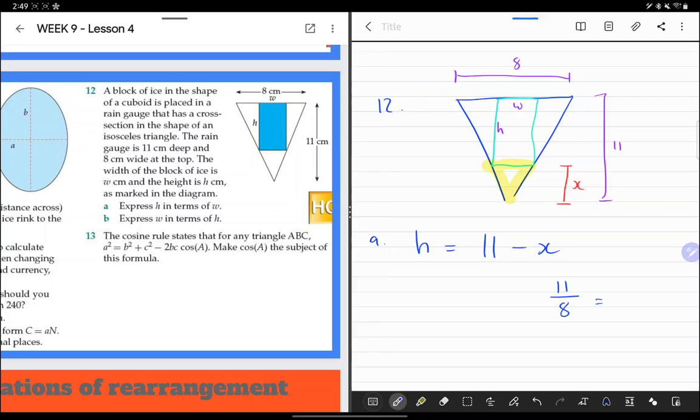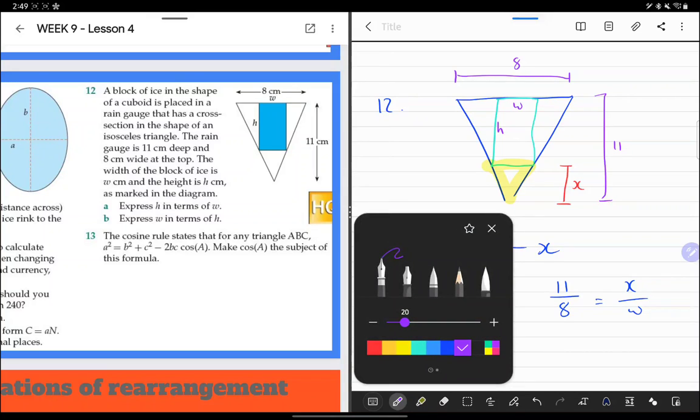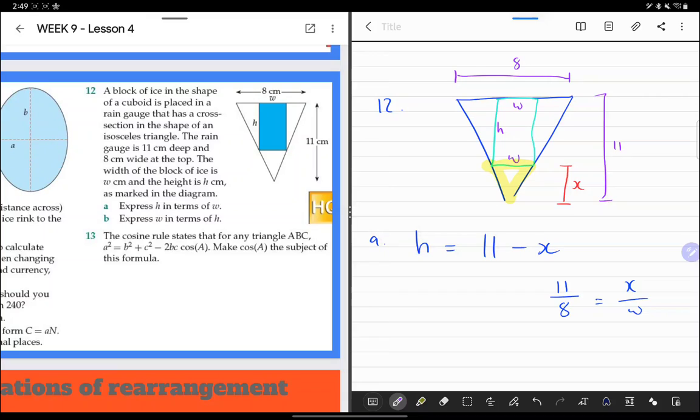is going to be the same as, in this tiny little situation here, the same proportion, right? 11 over 8 is going to give you the same kind of fraction as, I did length over width, right? So in this one, the length of this bit is going to be X over, well, W, because this bit is W as well. It's a rectangle, right? That's the bit there,